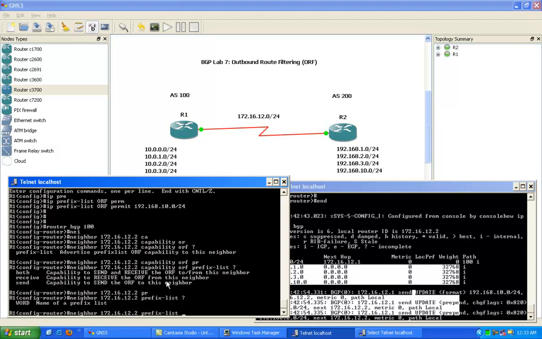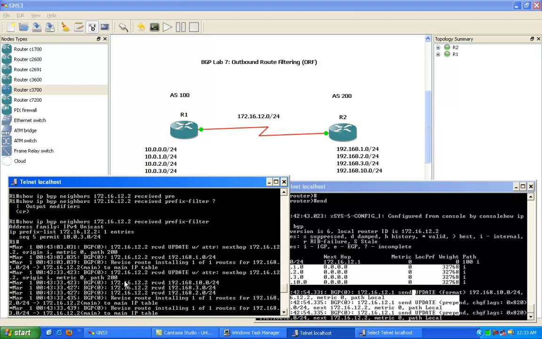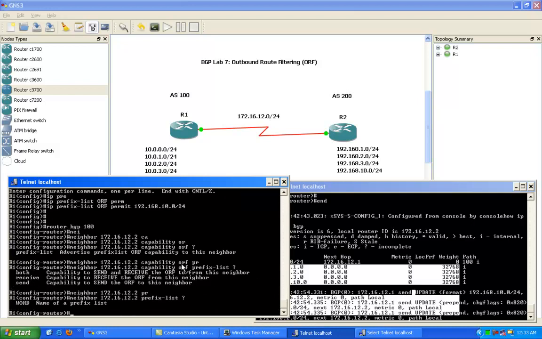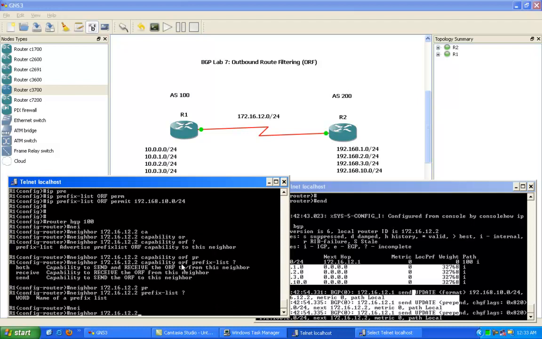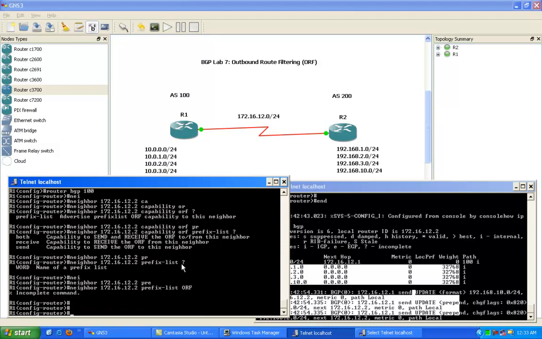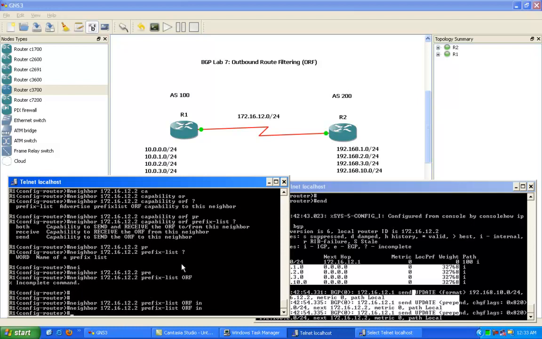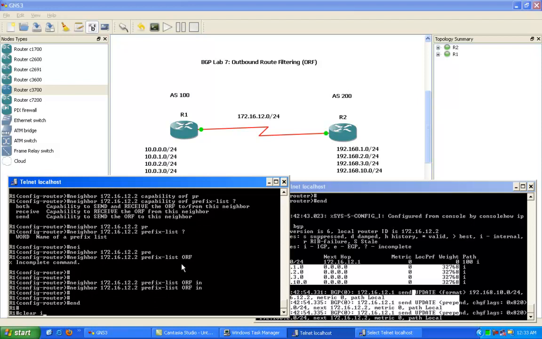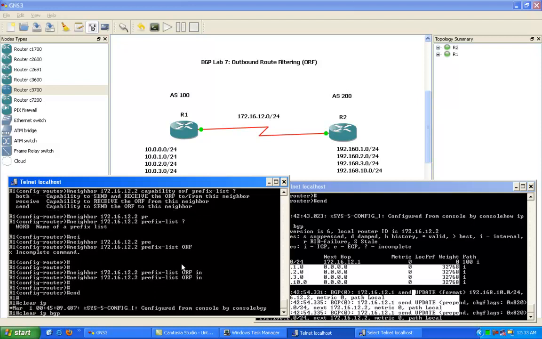Yeah, that's fine, we'll just do that. Neighbor 172.16.12.2, prefix list ORF, and then inbound. So if we do a clear IP BGP,